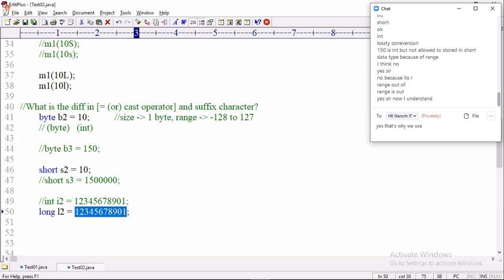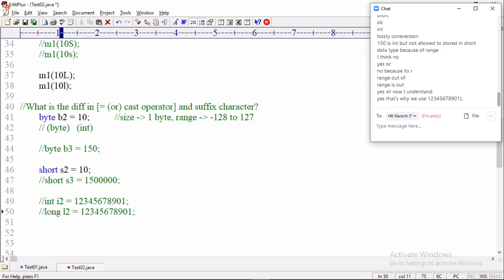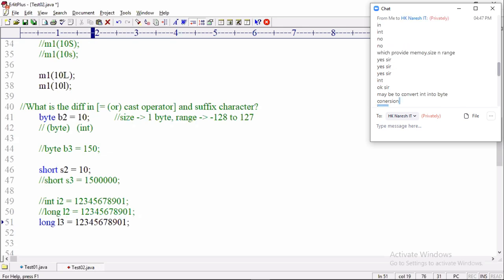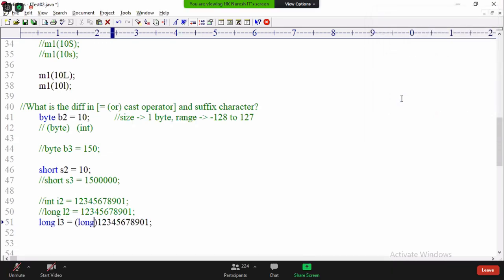Don't consider it as an int type number; consider it as a long type number. Anybody tell me what to do now? Long L3 equal to, what should I do now? Excellent, you use the cast operator. Wonderful, marvelous.